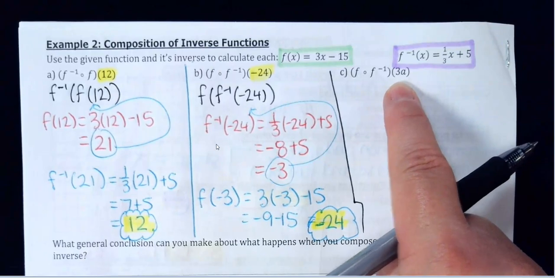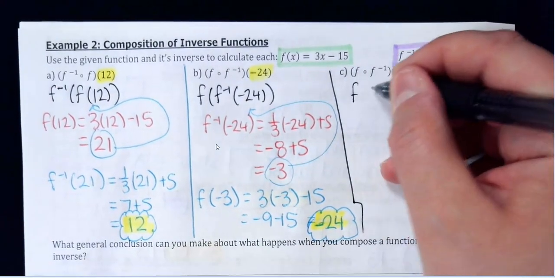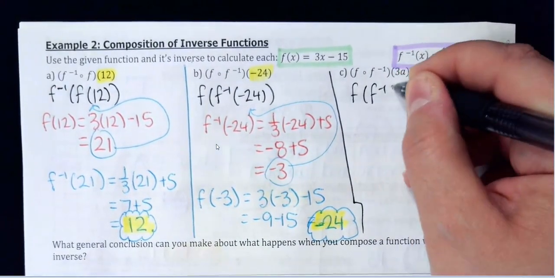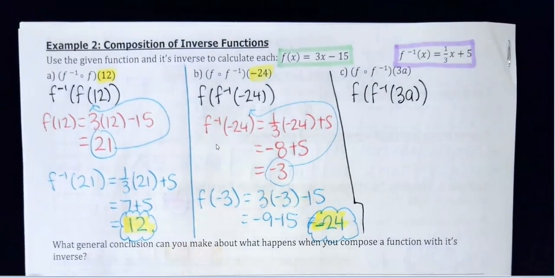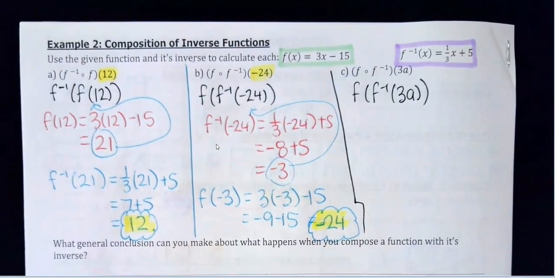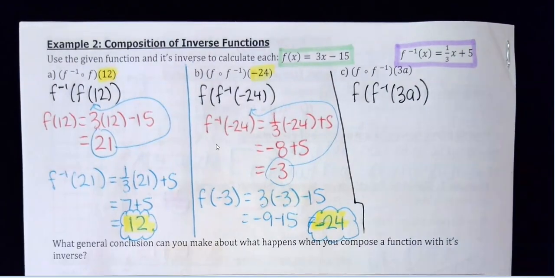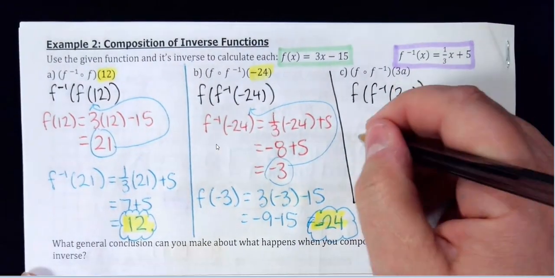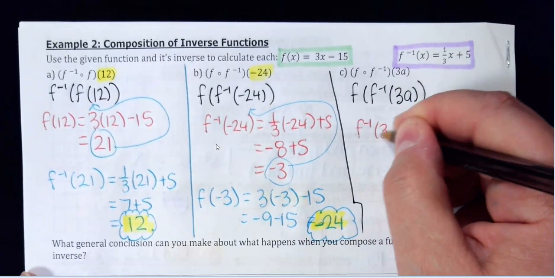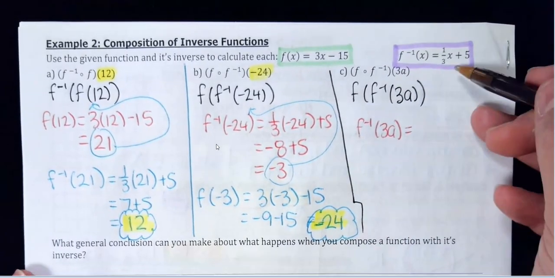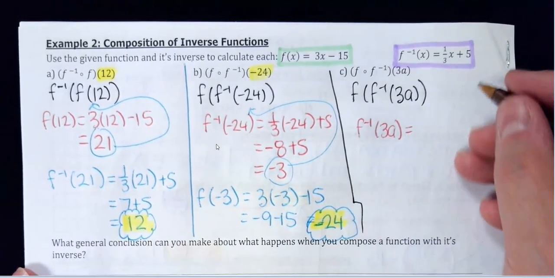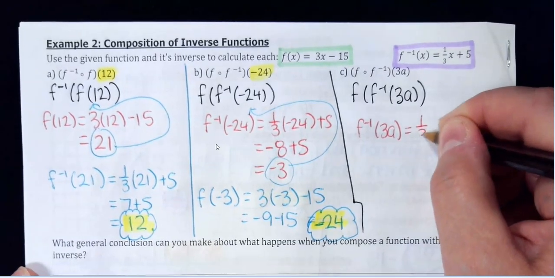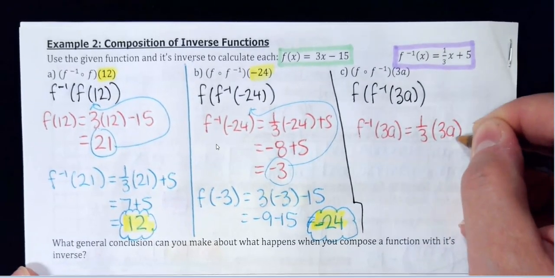If I plug variables in, I should get variables out. So this is the function composed with its inverse of 3a. Now, I promise this is just going to be a little algebra, it's not bad. If I plug into the inverse 3a, the inverse was this 1/3 x plus 5, so everywhere I see an x, I'm just going to replace it with that expression 3a